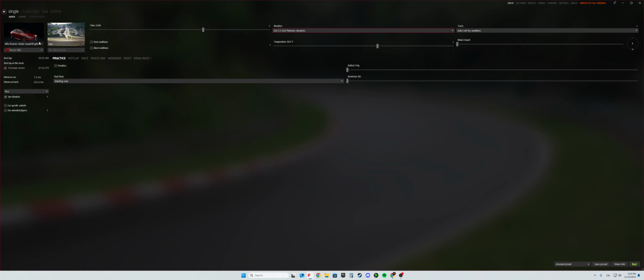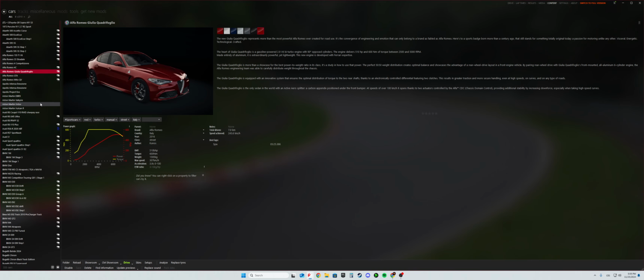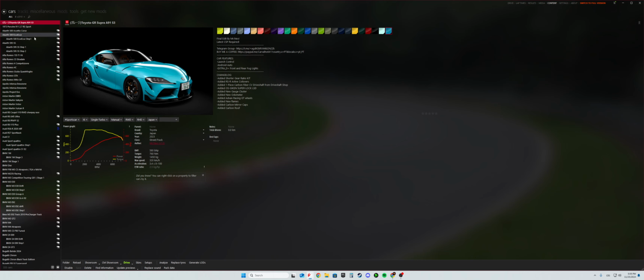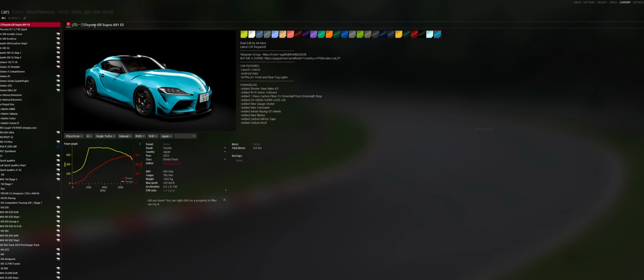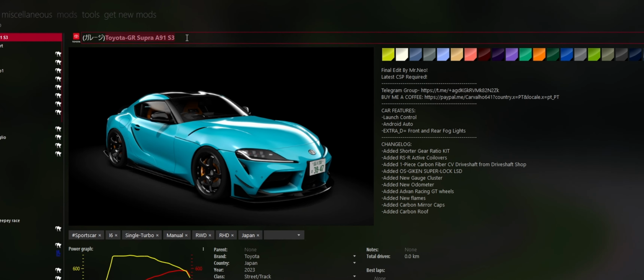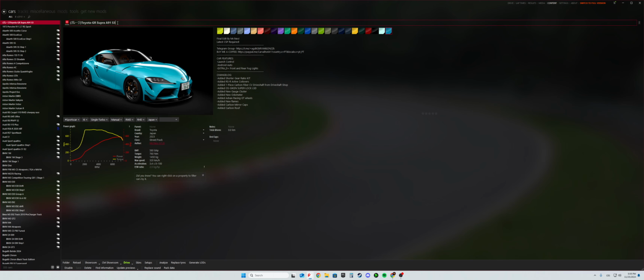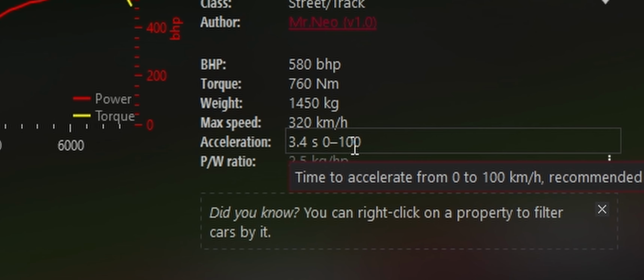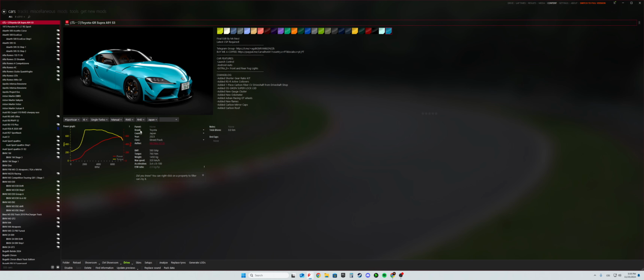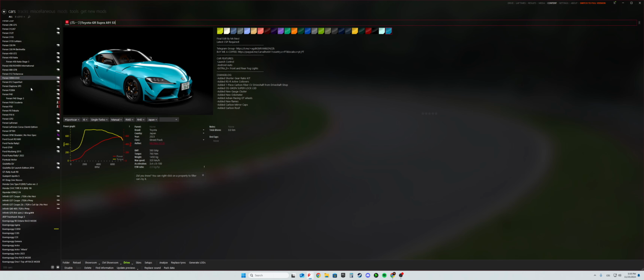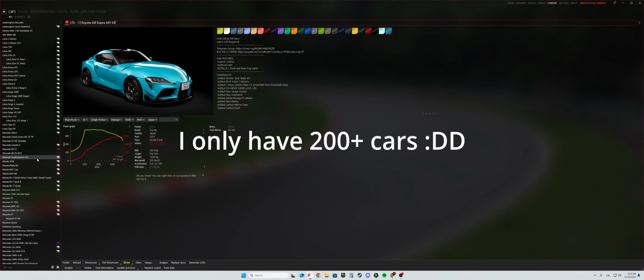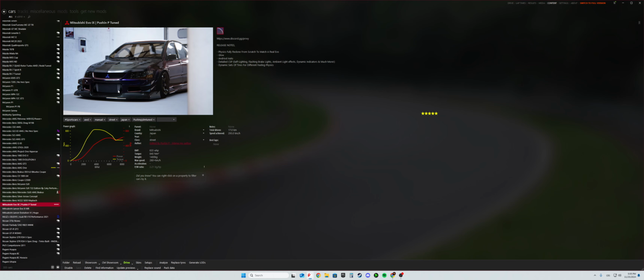So the first thing you can do here is change cars. As you know, it's also in standard Assetto Corsa, but here you can download modded cars like this Japanese Toyota GR Supra, which is stage 3. It's tuned, and as you can see, it goes to 100 in 3.4 seconds, which is not exactly the acceleration of this car. As well, I can scroll almost endlessly here and find any car I want, like Pushing P-tuned